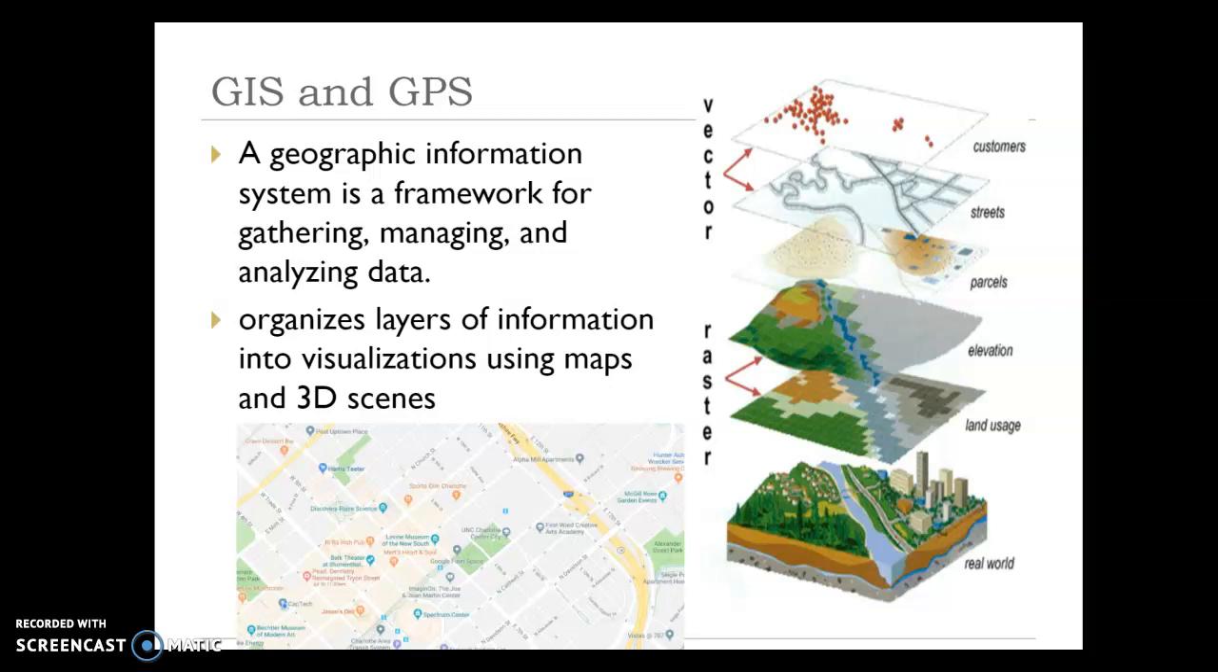We have three terms: GIS, which stands for Geographic Information System, GPS, which stands for Global Positioning System, and then remote sensing, which I want to go over and specifically cover. The first one is a GIS, a Geographic Information System, and that is a framework for layering data upon maps, usually on a computer. It's a framework for gathering, managing, and analyzing data by using different layers of data and piecing it together layer by layer